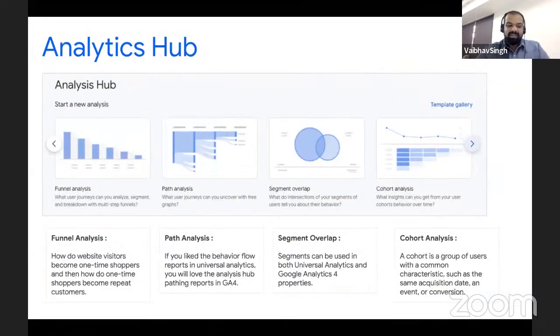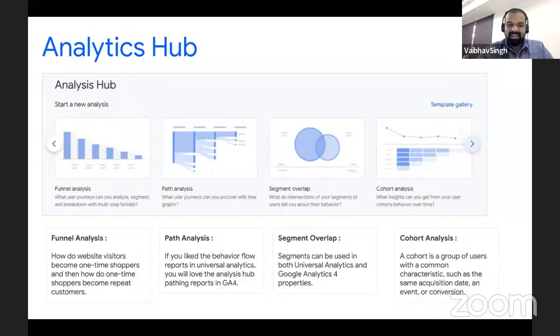Apart from that, this is not just what GA4 is telling you, that we have done this, this is all good, you don't need to do anything else. They've added a layer above it where you could create an analysis hub. So if you remember in UA3, we used to create some reports and custom dashboards. This is a similar, not similar, but an upgraded version of that. You could create different widgets inside your GA4 dashboard and filter the data based on that.